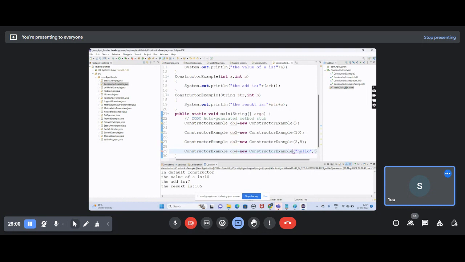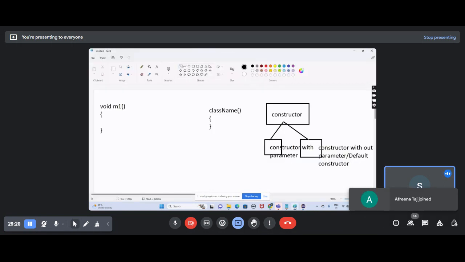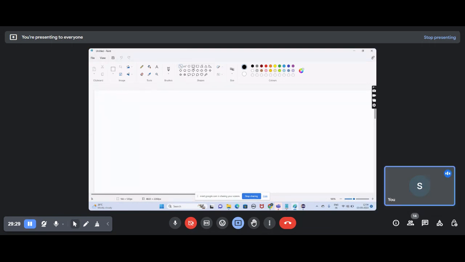Okay. Now I am saving this one. Now I am running. You got all the outputs. Right. Now, see, for example, if you create one object 1, so what will happen? For object 1, some memory allocation will be done in the heap area. If you create object 2, what will happen? So we are having multiple objects. So in the heap area, what happened? The JVM heap area,